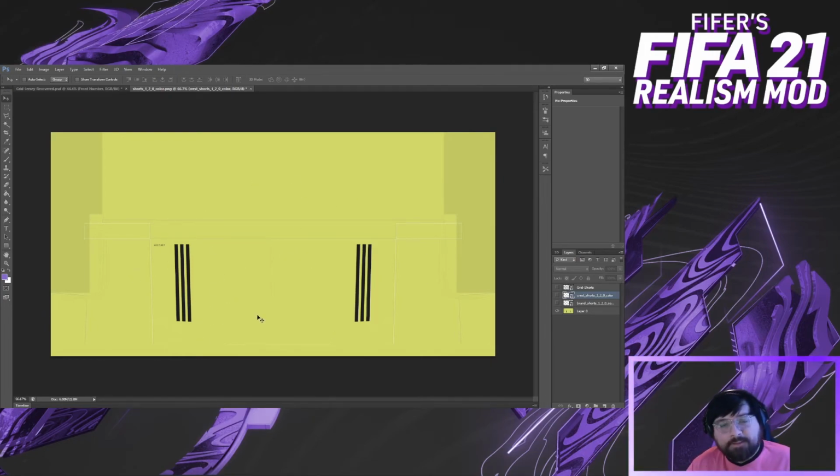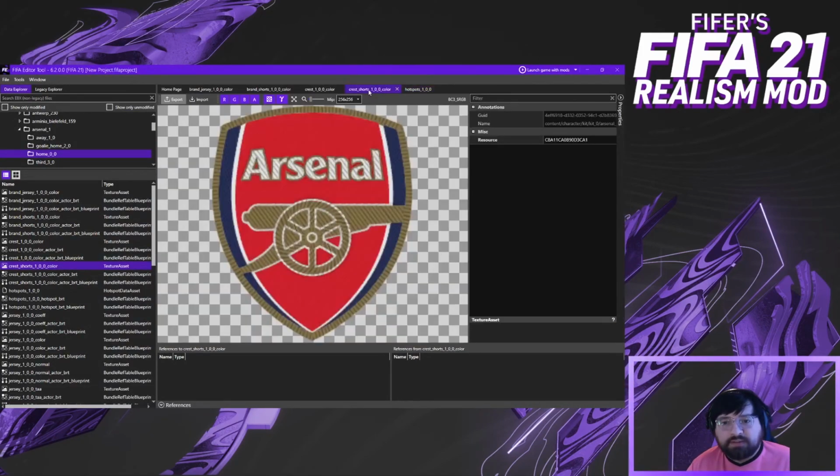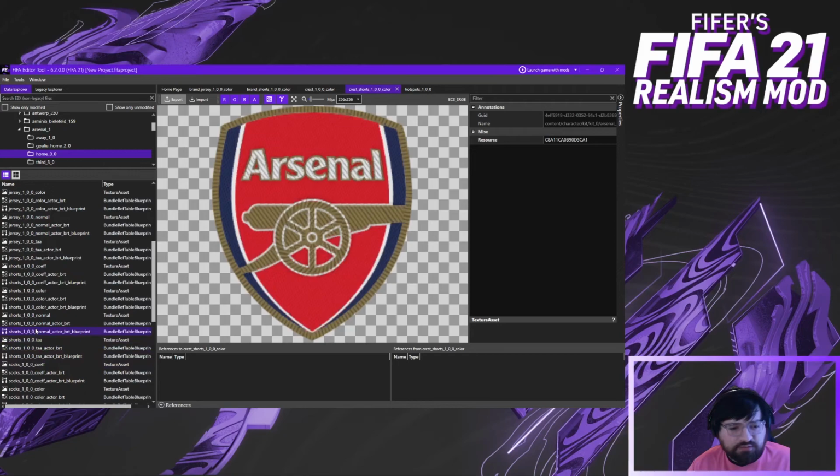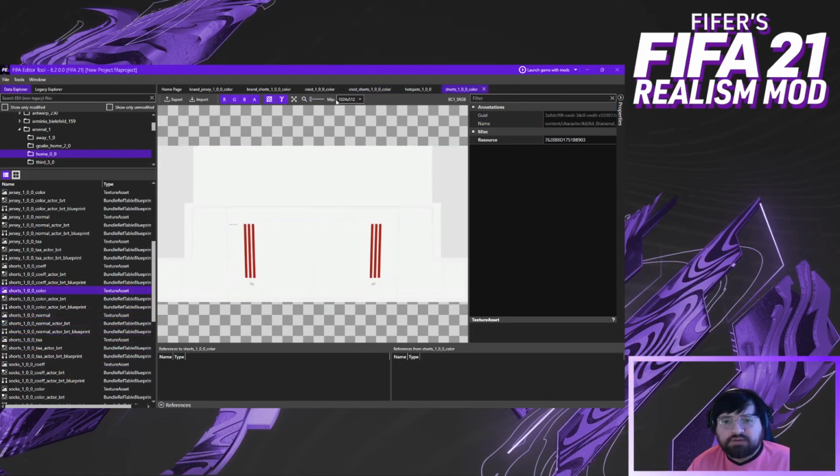What I mean is that if it's on here, the pixel size of the crest and the brand is going to be way smaller than the 256 by 256, which is what it uses. So let me explain. See how this image size is 256 by 256. If I open up the shorts texture,